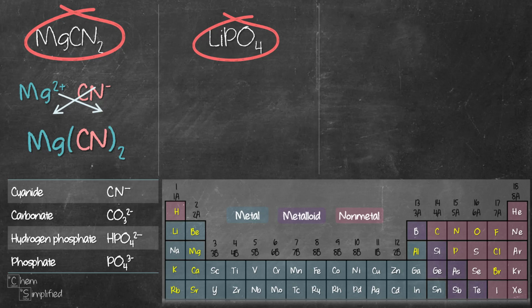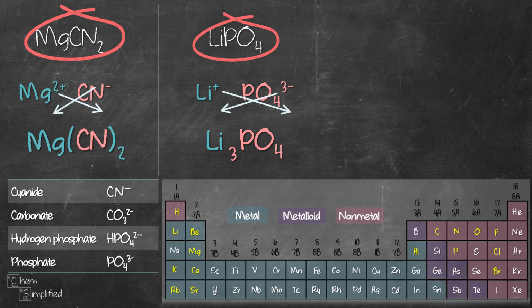Now we move on to the last formula, which is lithium phosphate. So the ions are Li+ and PO4 3-. We do the crossover and we get Li3 and then PO4. Now notice here we do not need the bracket because there's only one group of PO4. Because we cross 1 over from lithium, there's no need to write out the 1, so the bracket is not needed. When writing the ionic formula involving polyatomic ions, we only need the bracket when there is more than one group, like in our magnesium cyanide case.